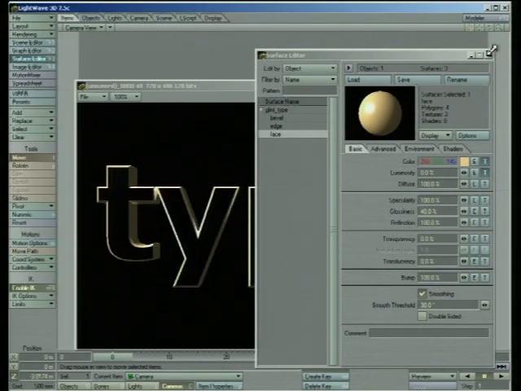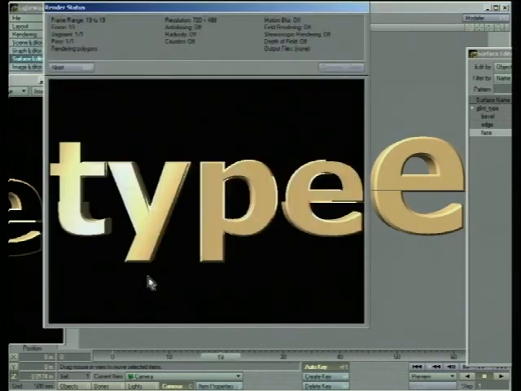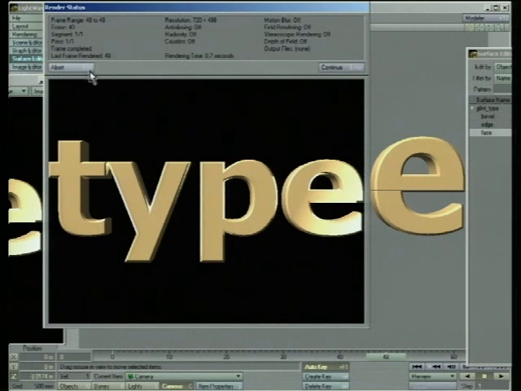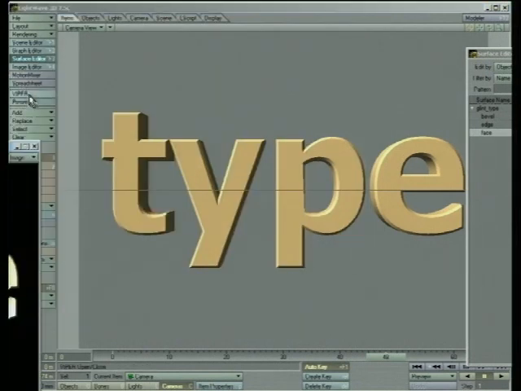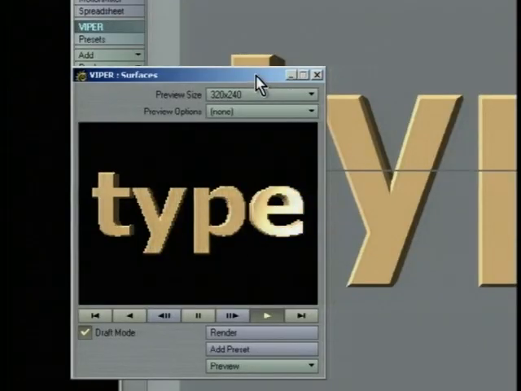And now move this out of the way so we can see what we're doing. Now you're not going to see it, but when you render, we are going to get it. And we should even be able to see it in Viper. So that looks more like what you would expect a glint pass to look like. By going through the luminosity channel, we're making that part of it extra bright, as if a light is actually